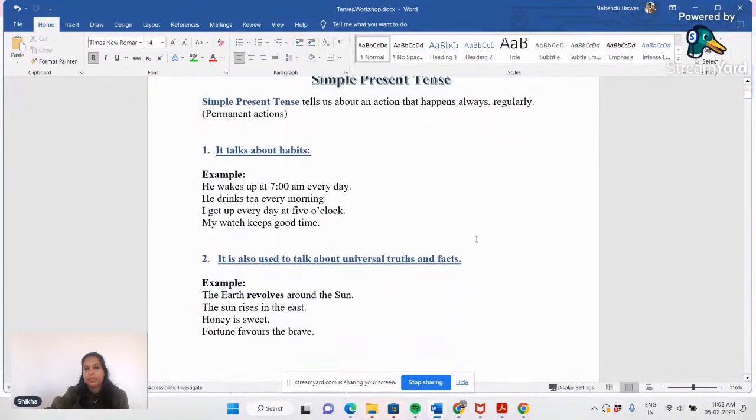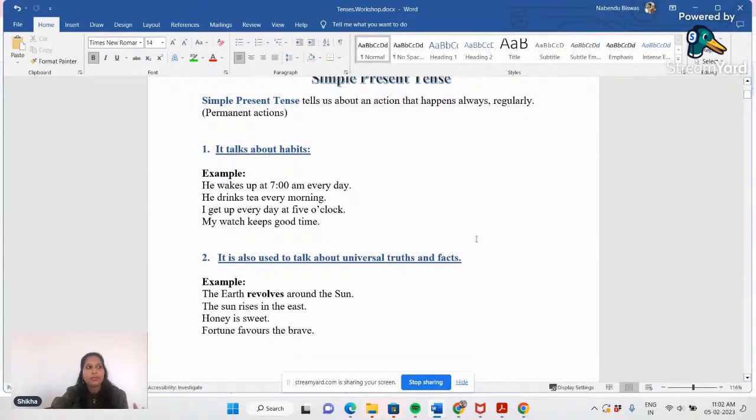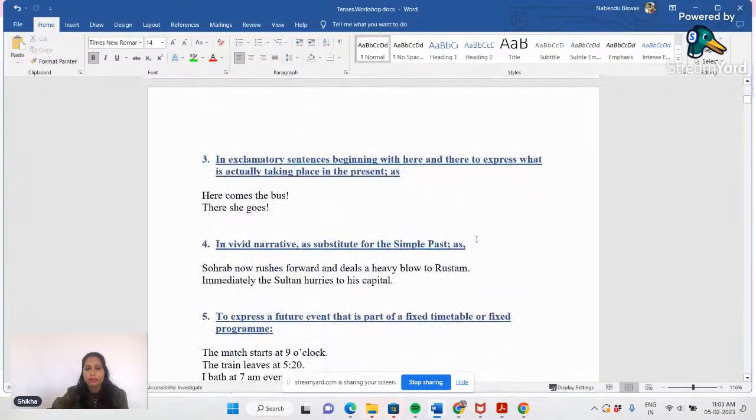Under simple present tense, we came to know that simple present tense consists of all the actions which are done regularly, or are permanent in nature. Like if I say permanent, that means the sun rises from the east, so this action is permanent in nature. The earth revolves around the sun, this is also permanent in nature, and that's why it comes under universal truth also. And regular activities, which we do regularly, like we brush our teeth, we take a bath, we wake up at 6 a.m.